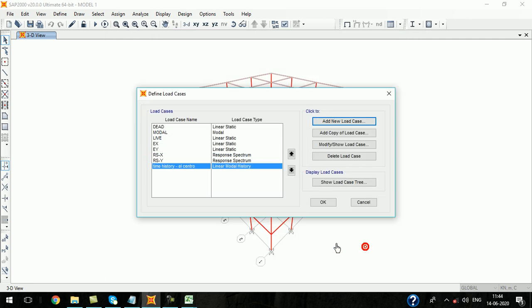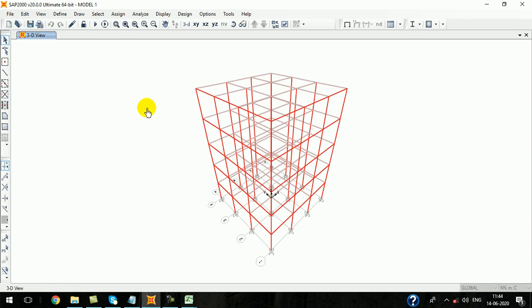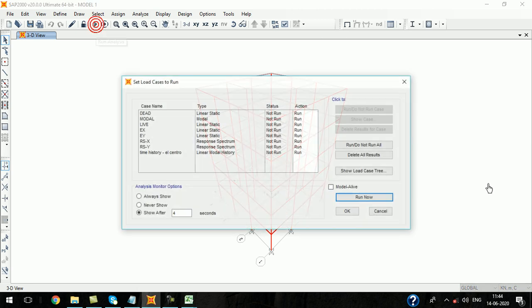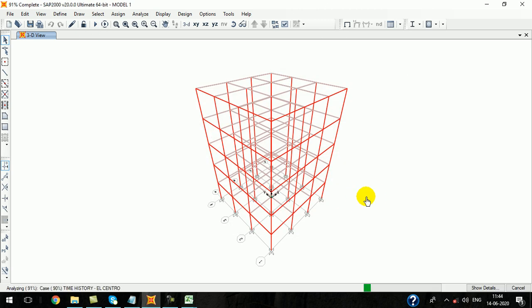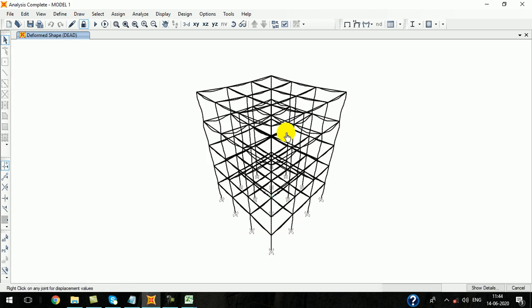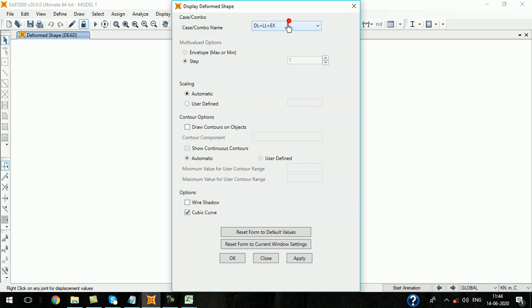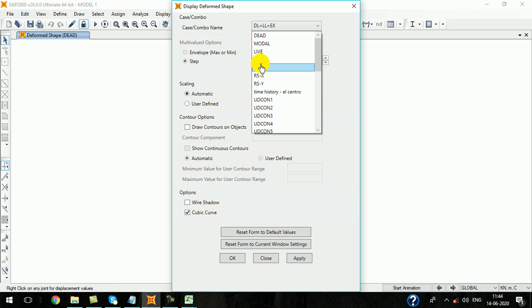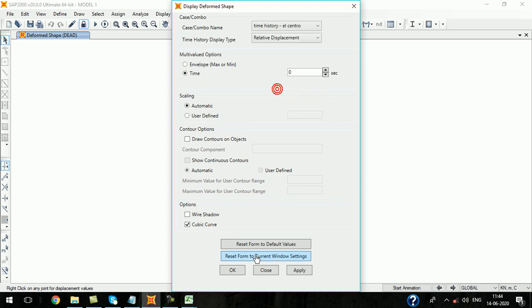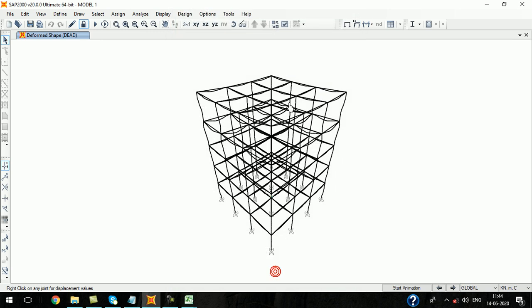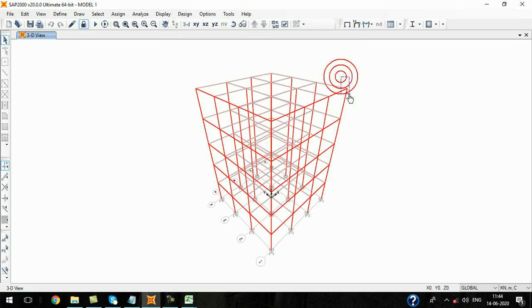Add. Okay. Now that's all. Just click Run Analysis. Time history El Centro. Not required. For roof 1, if you want to consider it, select roof 1, or even this side also.